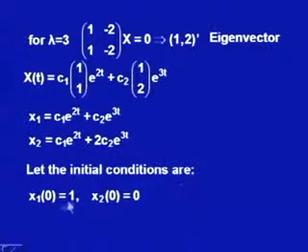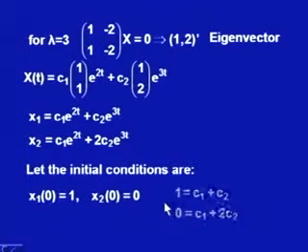Let the initial conditions be specified as x1(0) = 1, x2(0) = 0. See, in this equation we have two arbitrary constants involved. So, we in fact will have infinitely many solutions of the given system of equations, because these coefficients can take infinitely many values. To fix the ideas we can specify the initial conditions, and for the given initial conditions, they are 2 in number. So, we can substitute them here, 2 equations, 2 unknowns, and one can solve for C1 and C2, and what we get is the particular solution.